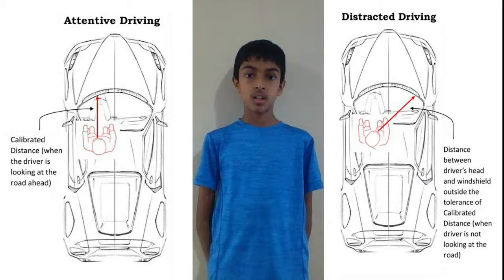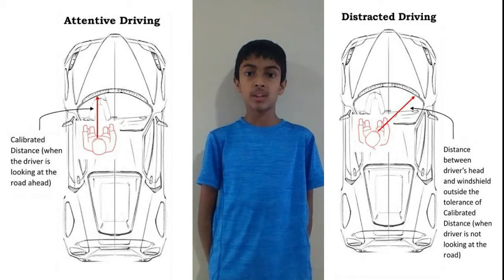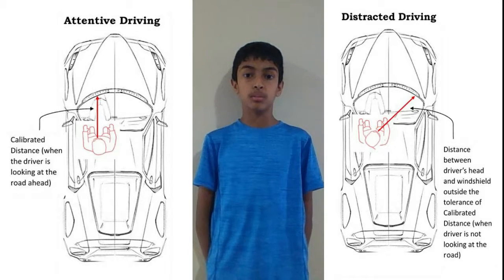baseball cap. When drivers are distracted, they tend to move their head away from the road, causing the distance between their head and the windshield to change. My device, DriveAlive, constantly monitors this distance, and when it changes outside a certain tolerance band and the speed of the car is above 15 miles per hour, an alarm goes off, alerting the driver that they are distracted. This minimum speed is so the alarm does not go off when the car is moving slowly or not at